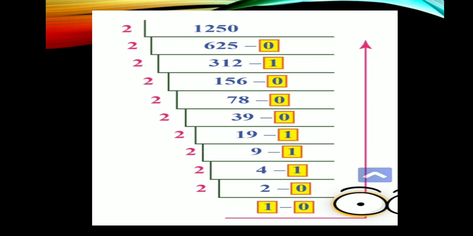10250, I am dividing. See, in the second case, 625 divided by 2. 3 2s are 6, 1 2s are 2, 2 2s are 4, 1 remaining. So what you have to write? You should write the remainder as 1. Similarly, in case of 19 and 9 also, the remainder is 1. So while dividing a number by 2, either you will get 0 as a remainder or 1 as a remainder.